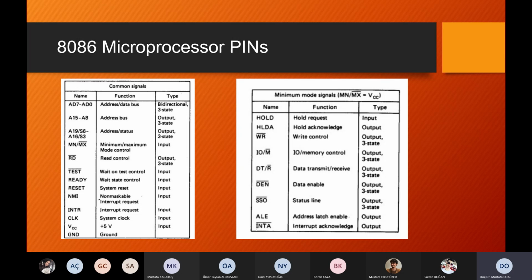What I mean is, for example, RD, read bar, is responsible for read control. In the exams, I give this table, and of course I miss out some lines, some outputs, the types, and some of the names. For example,